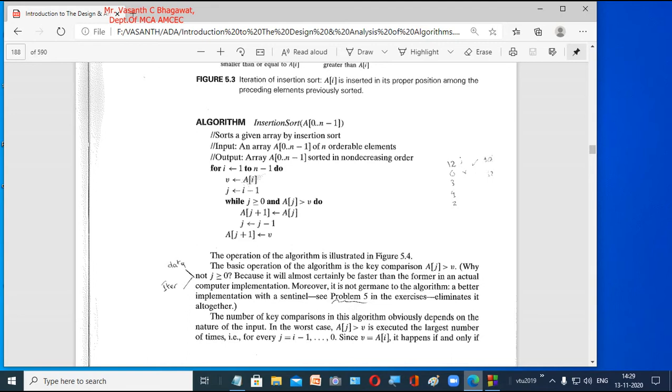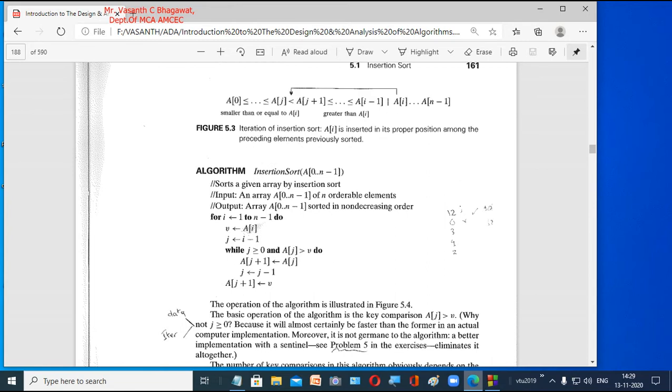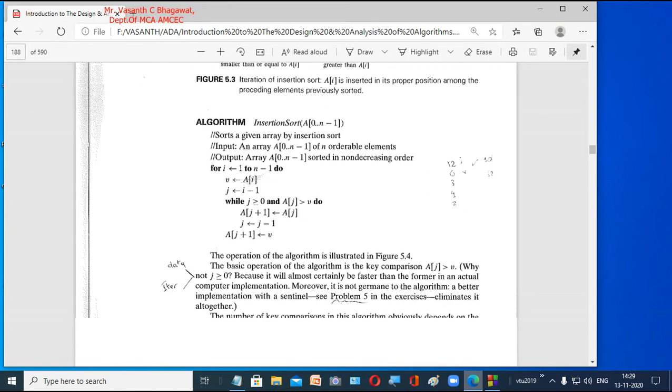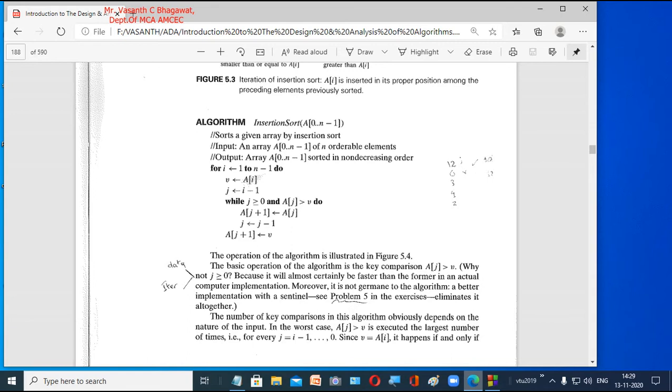We copy that, decrement j by 1, and at the end we assign the temporary value we have stored. Once you assign A of j to A of j plus 1, as we discussed in theory when we traversed that algorithm, we lost that number. To get that overwritten number back, we have stored it temporarily in v, so we place it in A of j plus 1.